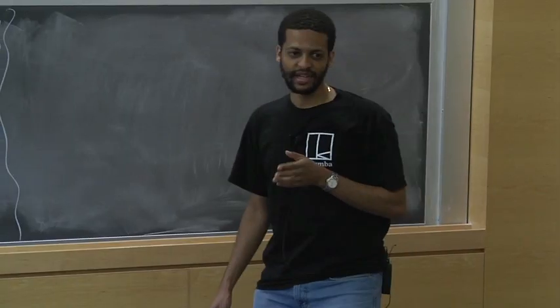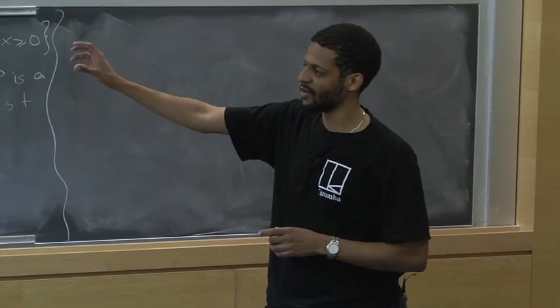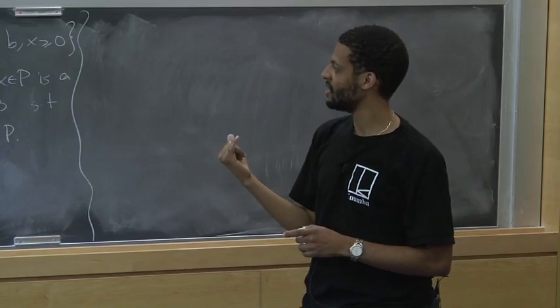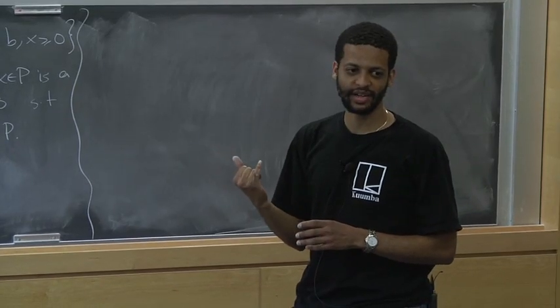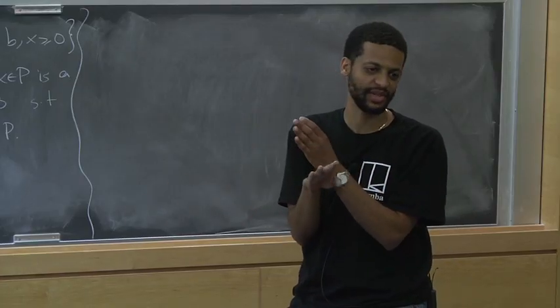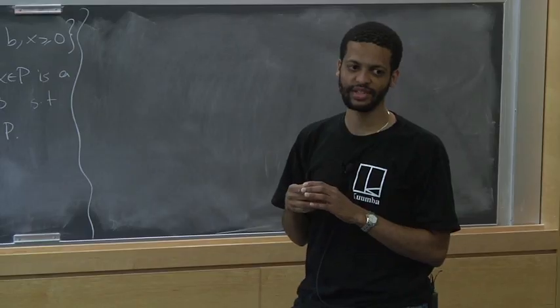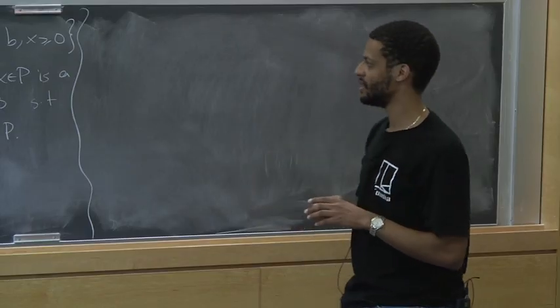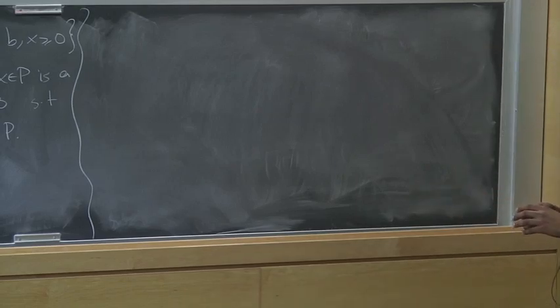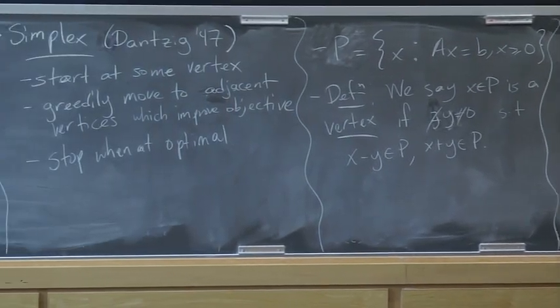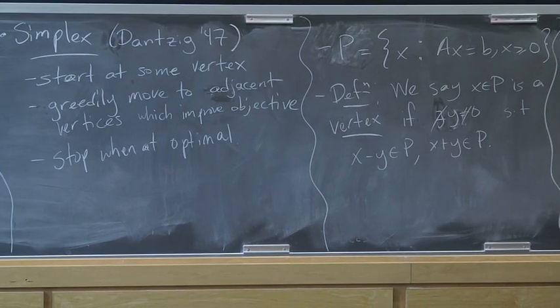So there are n variables and m constraints, right? What is a vertex exactly? We're going to see that a vertex is basically a point where m of the constraints are tight, like the intersection of m constraints. And all the other variables that don't correspond to those constraints don't matter. How many vertices are there? There are at most n choose m of them. And given the m constraints that define the vertex, figuring out what that vertex is means solving a linear system.